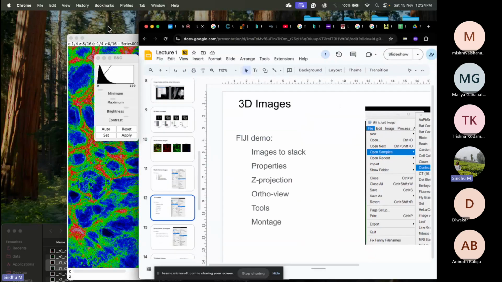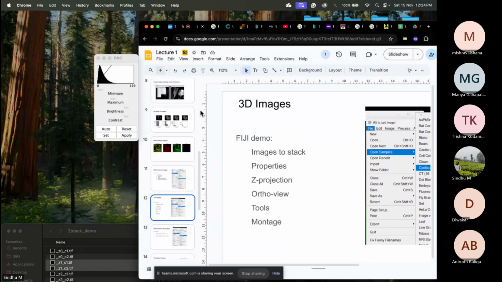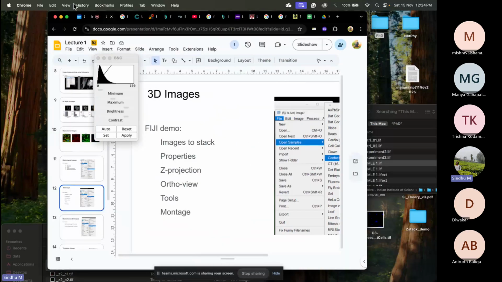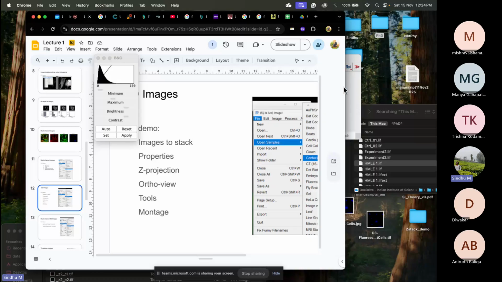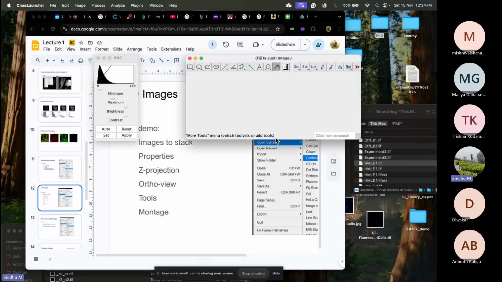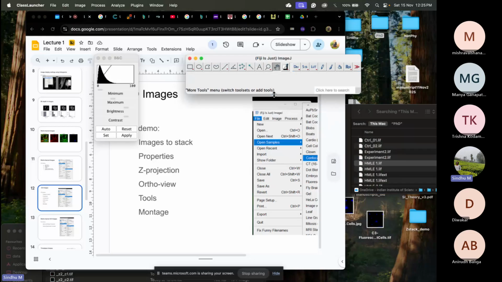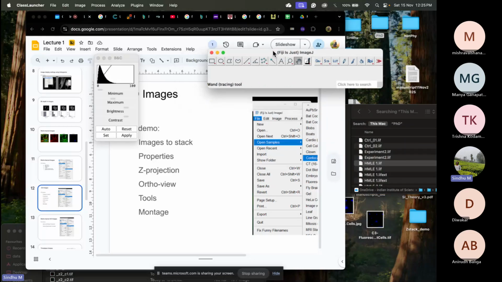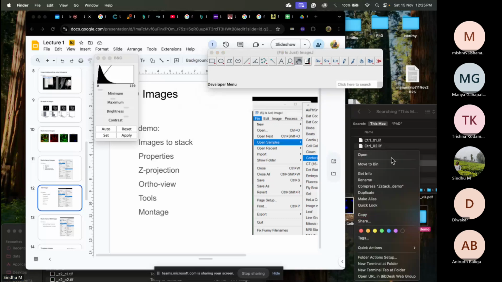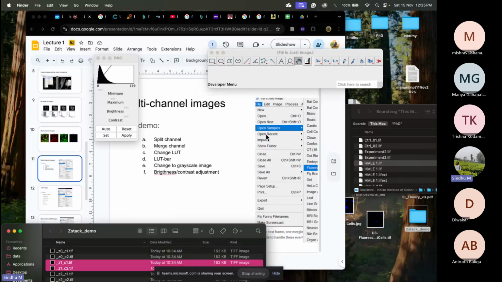And then another type of imaging data that we get from microscopy are these 3D images where the sample is imaged in different Z stacks, samples that have a height. And there we saw how to do images to stack. So for example,